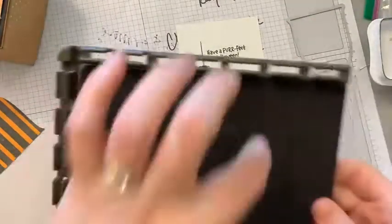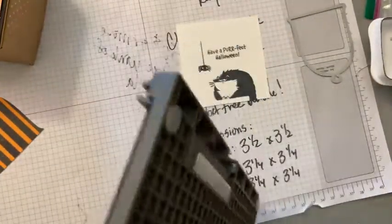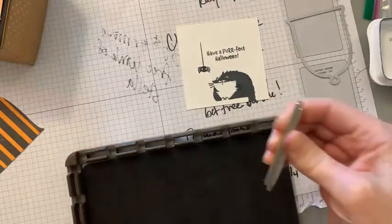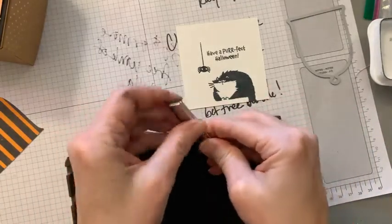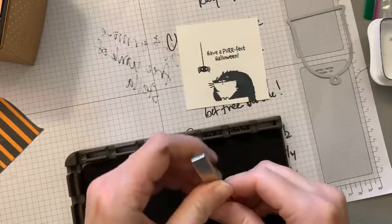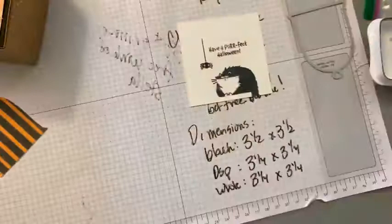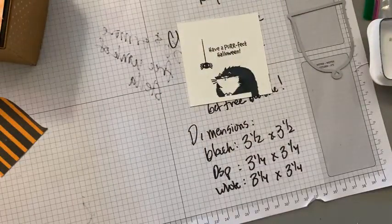You can also get grid paper to put here. Don't forget to pick some of that up if you're using the Stamparatus. And then, oh, dang it. Why did I do that? I'm shocked that that didn't... So don't do that. Don't put your magnets on top of each other. They're super strong. You're supposed to put them in their separate little holes. I'm shocked that I didn't crack my...